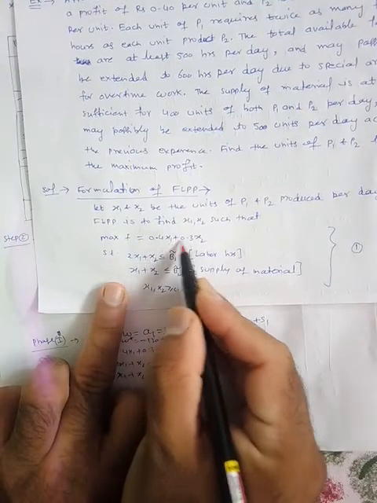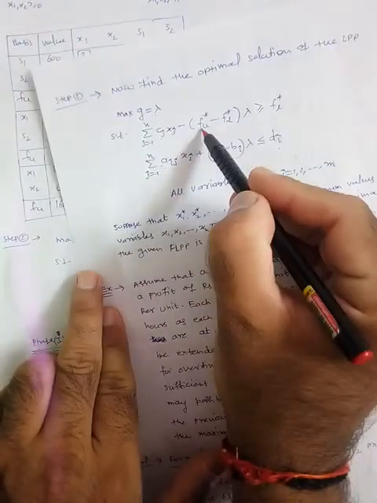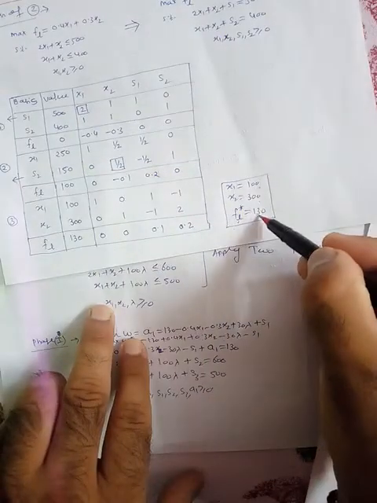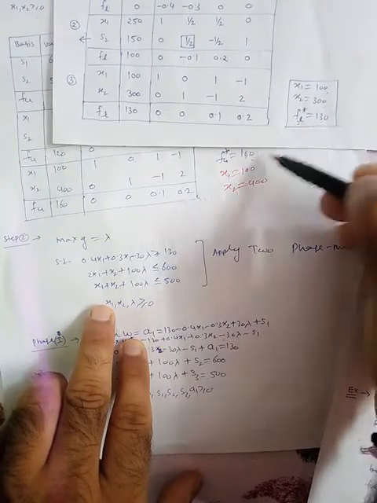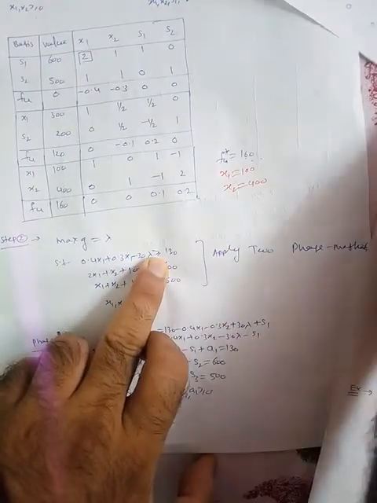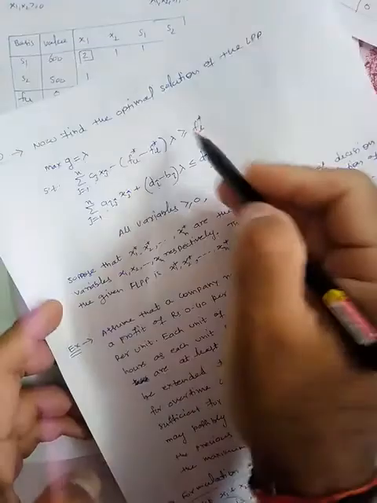So the objective function in the original problem is 0.4 x1 plus 0.3 x2. This is your summation Cj xj. So this minus Fu star minus Fl star. Fu star is 160 and Fl star is 130, so their difference will be 30. So 30 lambda is greater than or equal to Fl star, that means 130. So this is over.